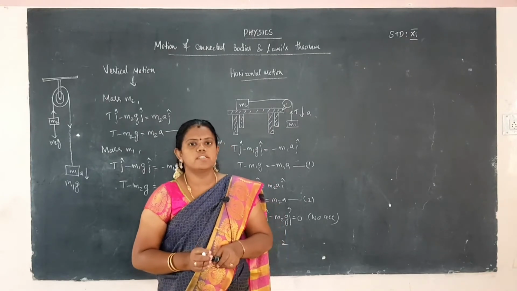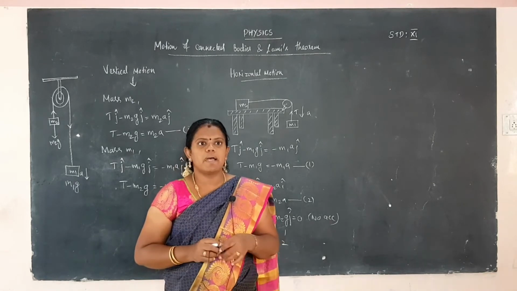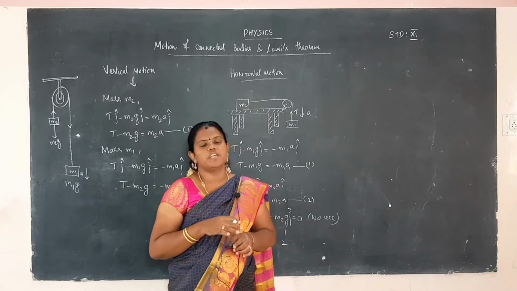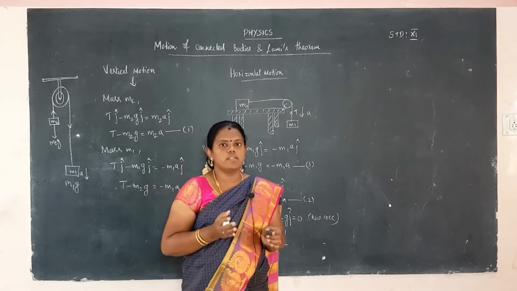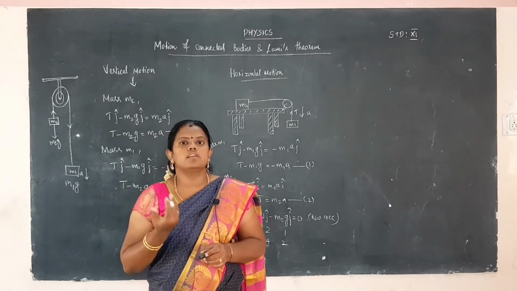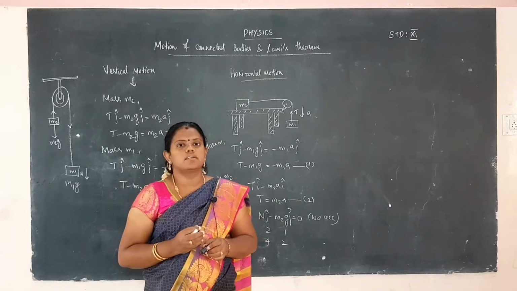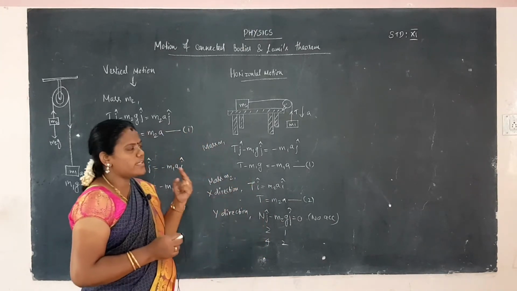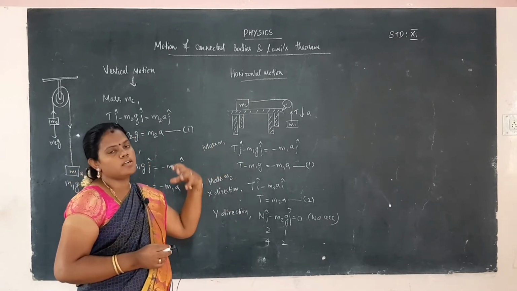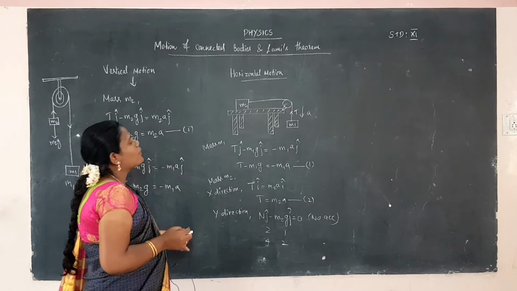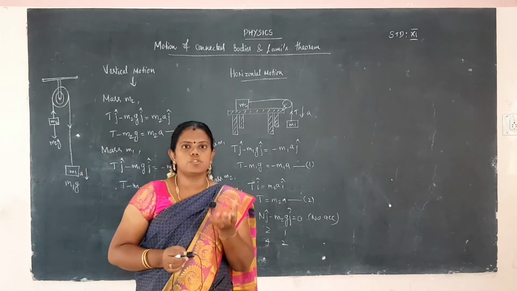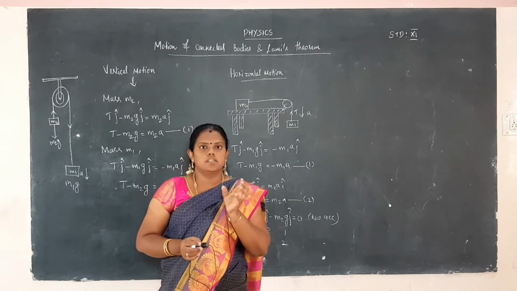Good morning students. What we saw in the previous class was a particle moving on an inclined plane, or two bodies moving on a horizontal surface. That was all discussed in the previous session. In today's session, we will discuss connecting two bodies that will be moving in a forward or downward motion. We have to calculate the tension acting on the strings connecting the bodies.